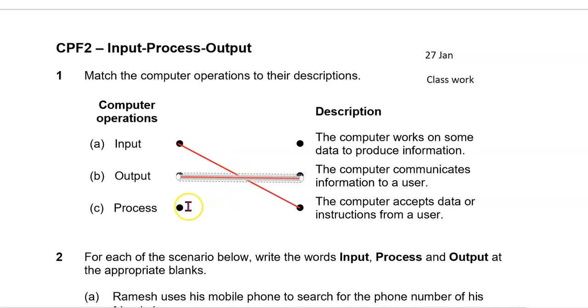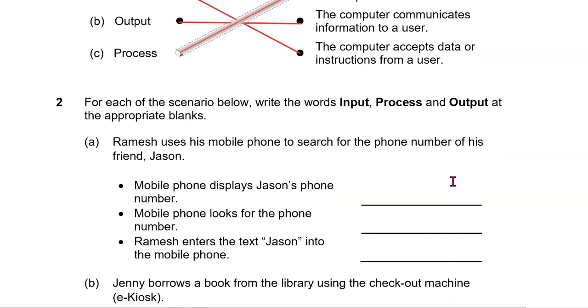Okay, and for process, the computer works on the data to produce meaningful information. Okay, so after analyzing, which is to process the data, we will receive information from the computer. Okay, so question number 2 now. Write the words input, process and output for each